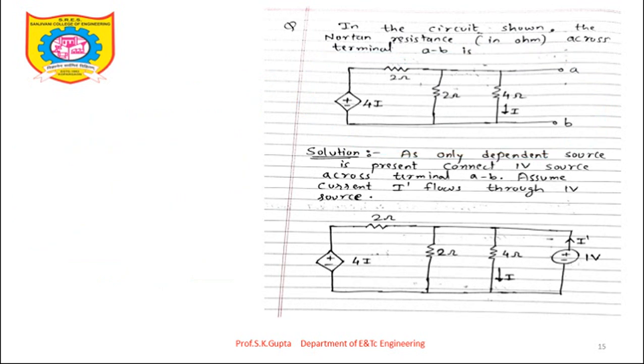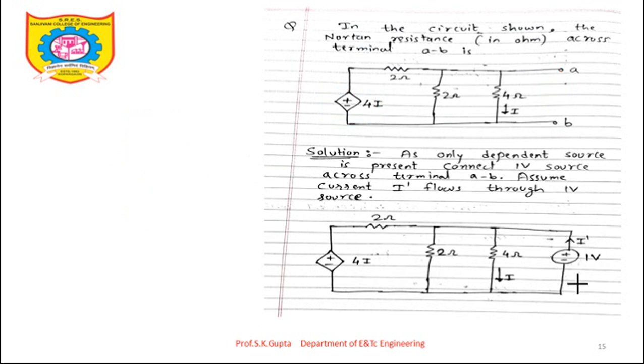Okay. Next, as a dependent source is there, the Thevenin resistance or Norton resistance will still be there. This resistance will have some value, so we will find it out. Because of the dependent source, I need to connect either a 1 volt source or a 1 ampere current source. If I am connecting a 1 volt source, I need to calculate the current. As I is already used in the circuit, I will use I dash current. So 1 volt upon I dash will give me the Norton resistance.